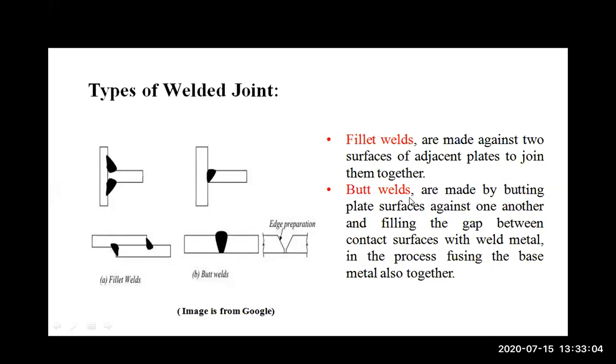So butt welds are made by butting plate surfaces against one another and filling the gap between the contact surfaces with weld material. Means here two plates we have provided or connected or placed, one